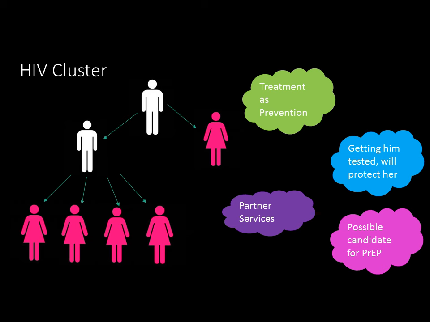What happened here was we had one gentleman who presented at a testing site for an HIV test, who then named another male partner who came in for an HIV test, and that gentleman was also identified as being positive. What this really shows is that from this one person we identified 5 women who were at very high risk of HIV or were infected with HIV. So the message is that testing more men will ultimately help us identify women who would be at high risk for HIV.